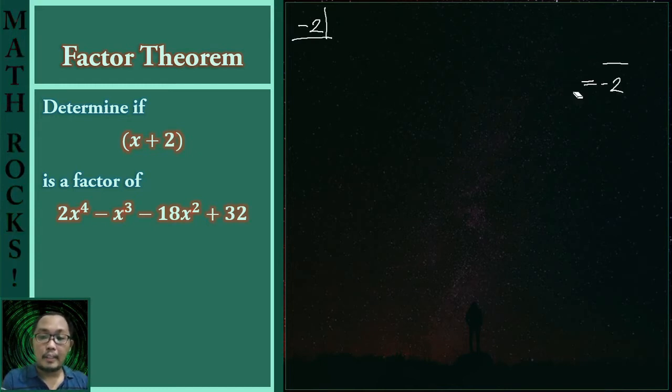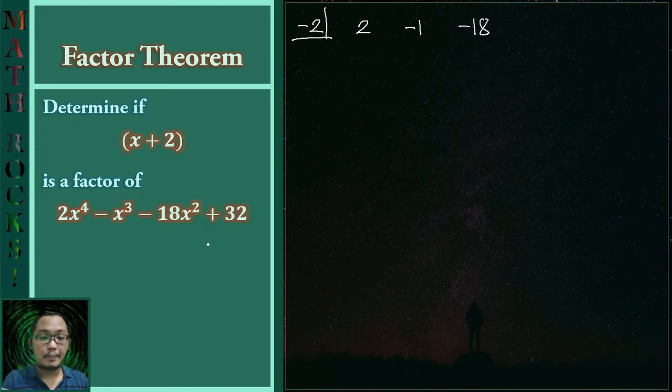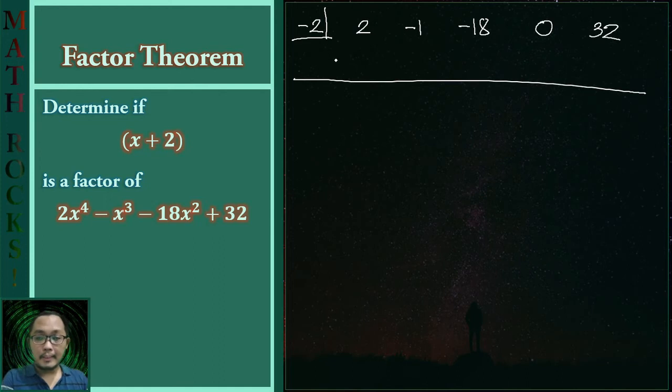For the polynomial, notice that we have exponents 4, 3, 2. So again, the exponent of 1 is missing. Let us write the coefficients immediately. We have a 2 followed by negative 1, negative 18. Since the term containing x with the exponent of 1 is missing, we have to write a 0 for such, and now we have the 32. So let us have